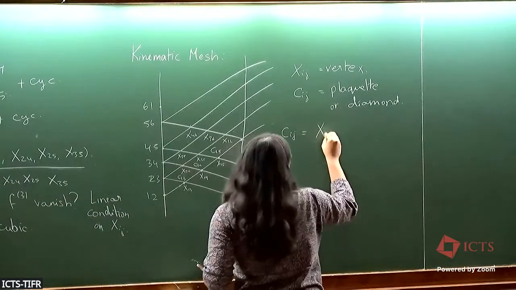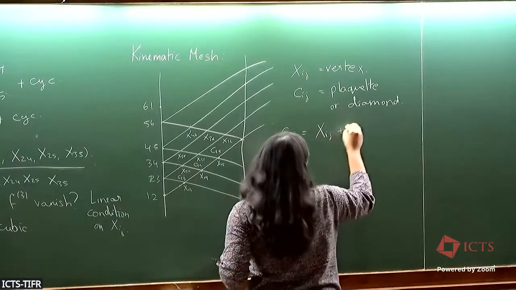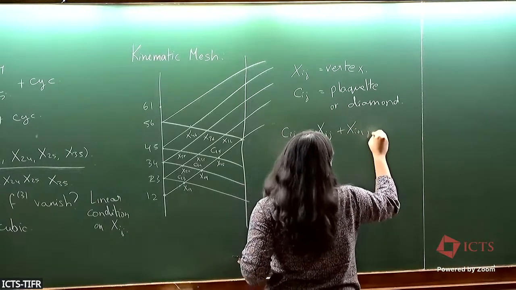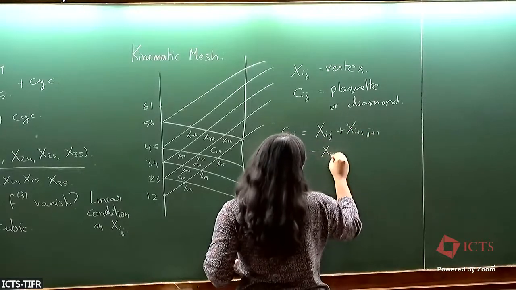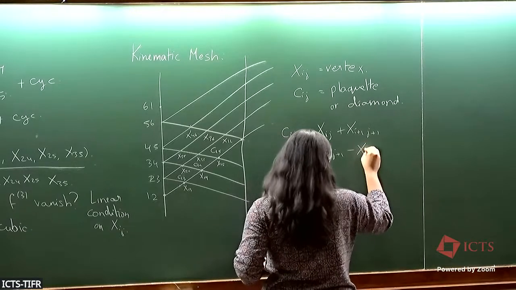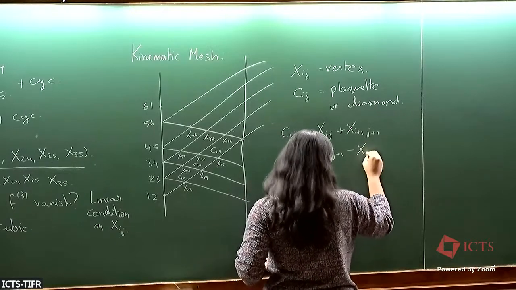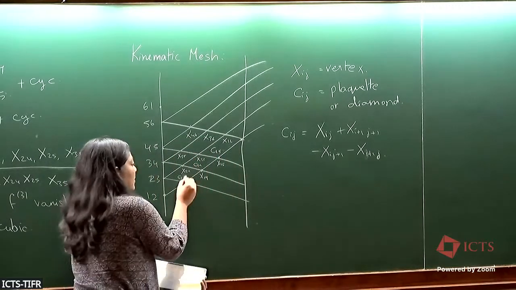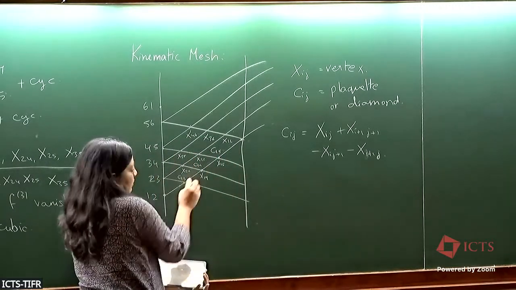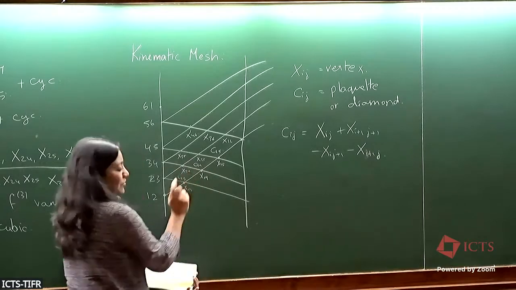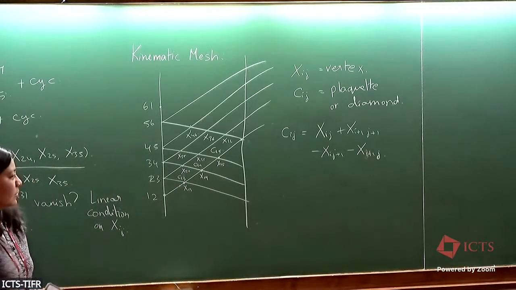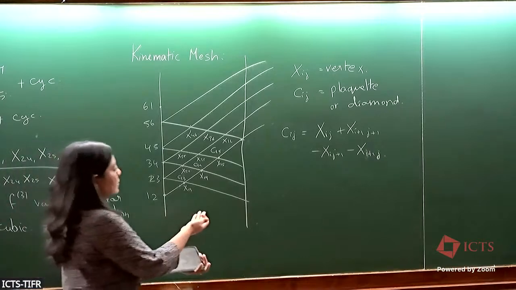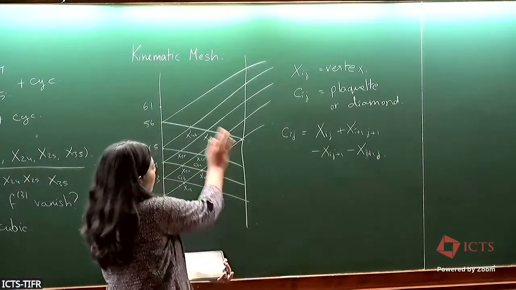And each of them obey the following equation. Cij equals xij plus xi plus 1 j plus 1 minus xij plus 1 minus xi plus 1 j. Okay, which is just the x's which are on the bottom and top and left and right of the diamond that the C lives in. Okay, so as I said, this is just a nice way to bookkeep and to see what the kinematic space